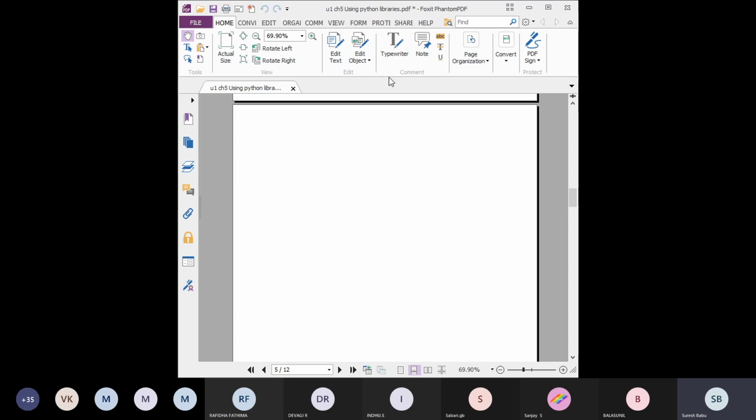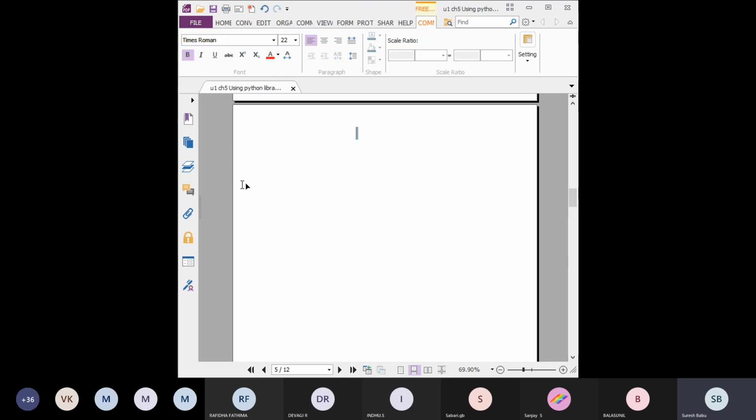So what is the layout? What is the idea? Now I am going to create two modules, two different programs. The first program, that is the module, is area. That is the module name. Inside, I'm going to create two functions. That is a function for calculating the area of a rectangle. That function name is area of rectangle.